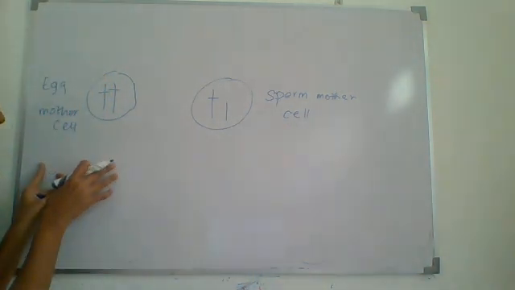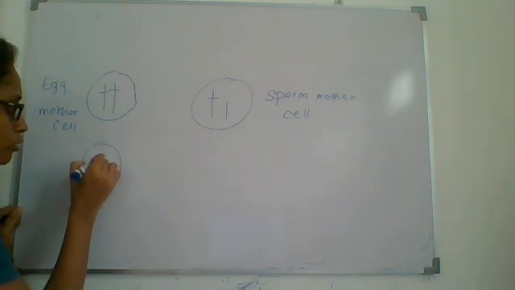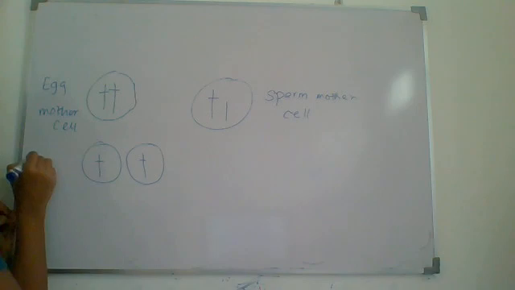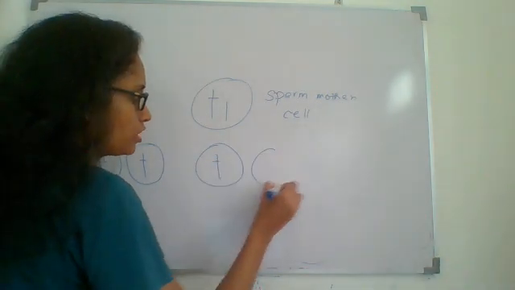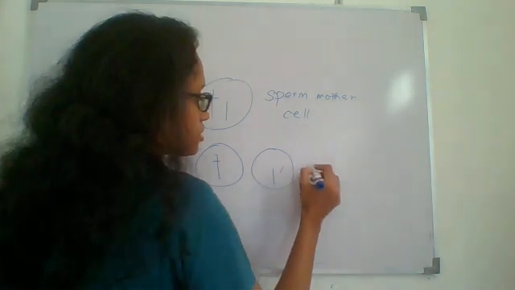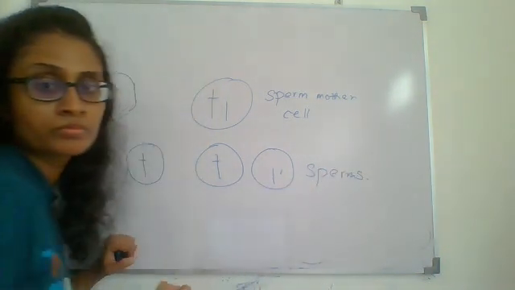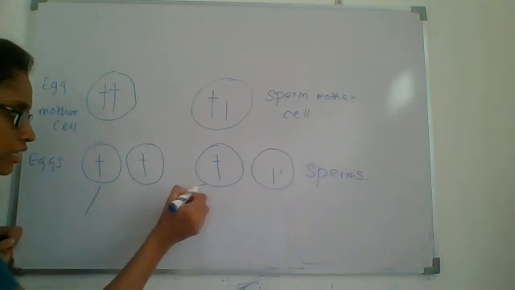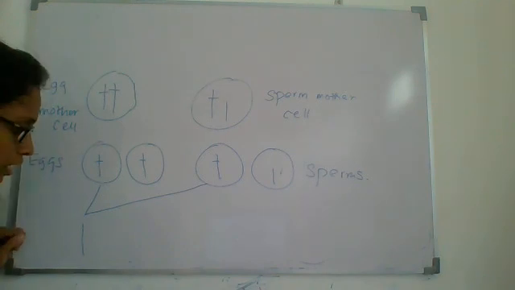Now this egg mother cell will produce eggs, right? Two eggs will be formed containing only one chromosome. These are actually gametes, right? Containing only one chromosome. Sperms. Now this will combine with this. Then you will end up with